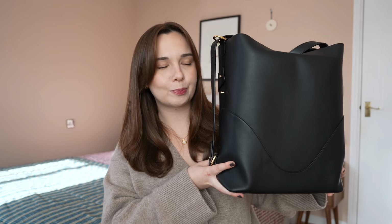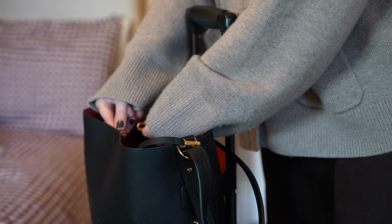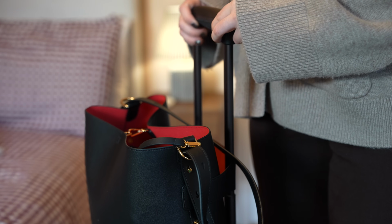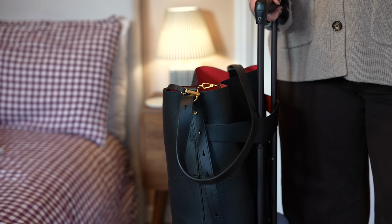So this is the soft bucket tote from Oleada in the onyx, the black colour. This is a Napa leather bag. This bag also does come in a canvas leather mix as well in other colours. I went for the plain black just because I want this to be a travel bag but also a work bag. If you are someone who travels a lot with work, whether that's nationally, internationally, or you just need a big bag that fits a laptop and many other essentials in it, then this is a really great option